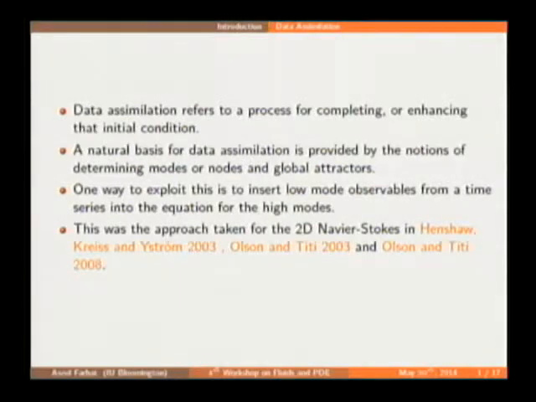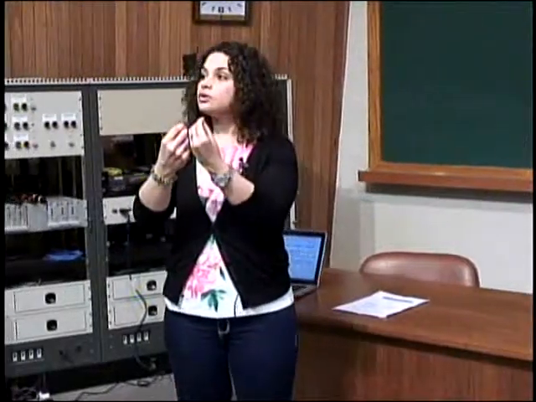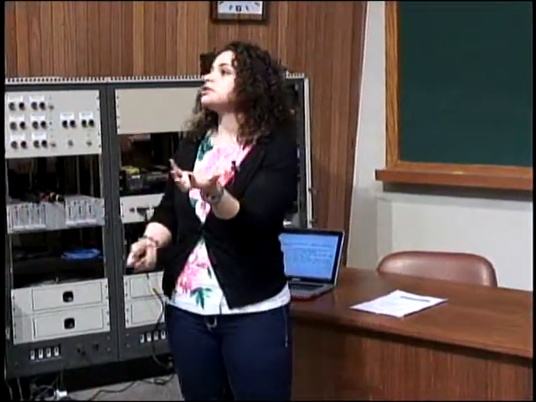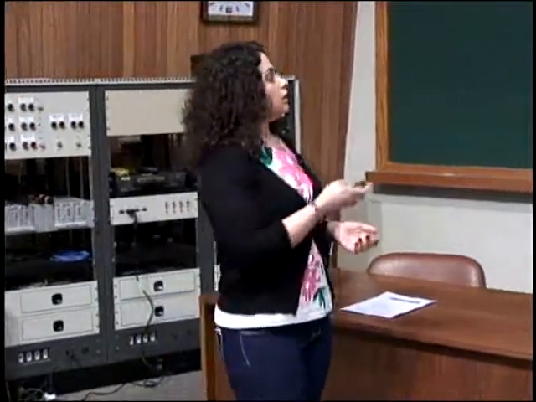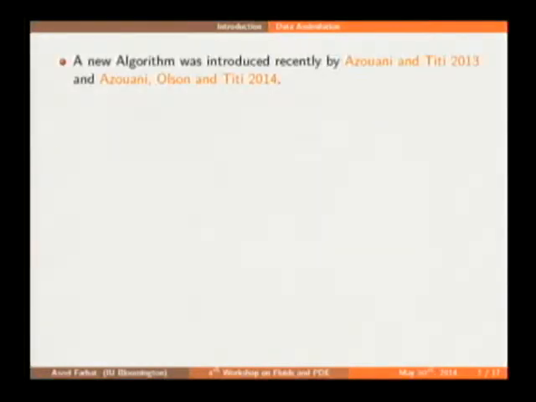What you can do is take measurements of the low modes and then insert them into the equation of the high modes. So you split your system into an equation for low modes and an equation for high modes. You take measurements on low modes, you insert them into the system of the high modes, you solve, and after some time, eventually at some time T1, you can take the solution for the high modes, combine it with the solution of the low modes, and this will form a complete approximation for your initial condition. So, as I said, this is work by Titi recently, 2003, 2008, and previously by Henshaw, Kreiss, and Dijkstra 2003. Now, there was a new algorithm that was introduced by Azouani and Titi in 2013, and by Azouani also in 2014,